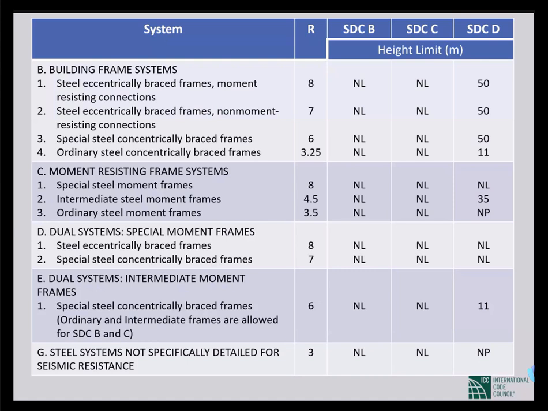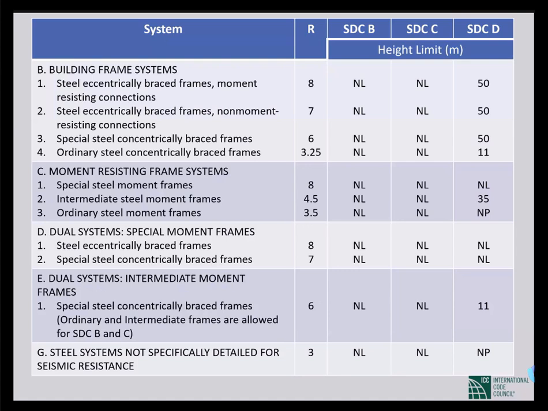And if you see the second column, R, you'll find that all the values are more than 3 except one, the last one. And the last one is related to G, steel systems not specifically detailed for seismic resistance. Only for those structures we can use a value of R less than 3.